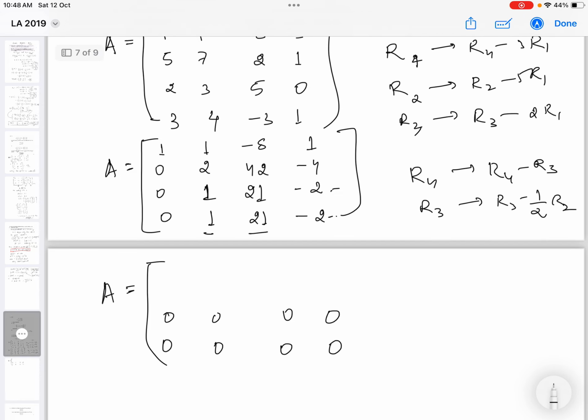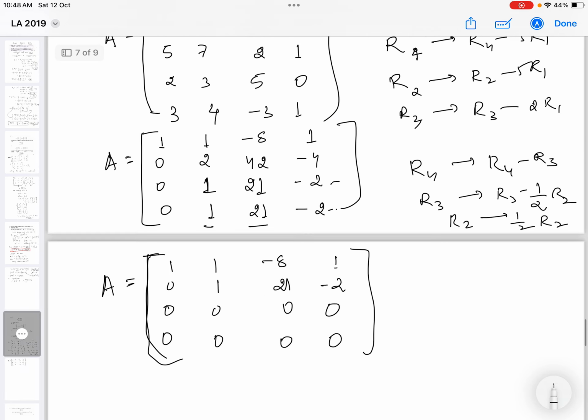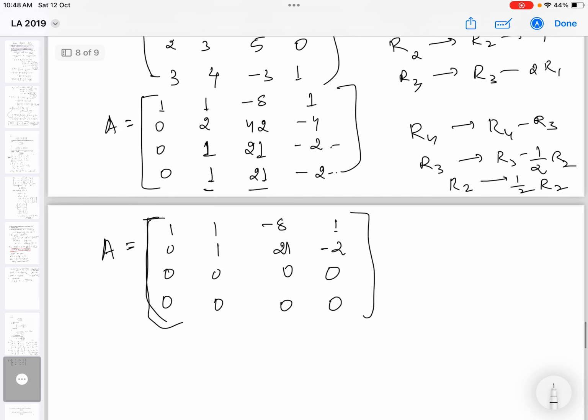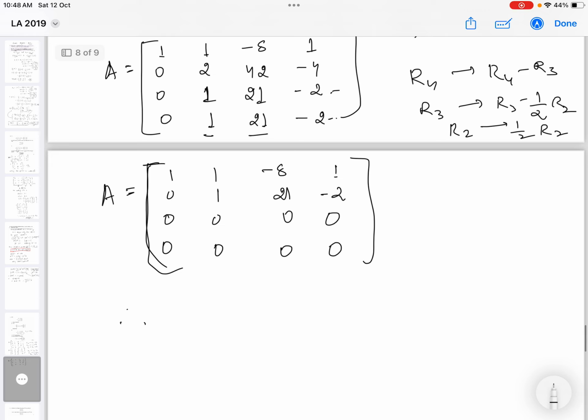Yes। अब एक और काम कर दिया, R2 को कर दिया half of R2 because common factor हट जाएगा। 0 1 21 -2 1 1 -8 1 yeah this we got here। So the number of non-zero rows is 2 because इसके बाद हम reduce नहीं कर पाएंगे rows को 0 तक। Therefore the number of non-zero rows is 2 which is nothing but rank of A।